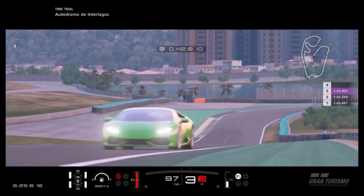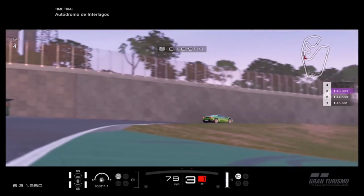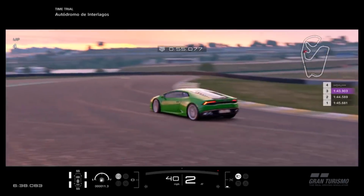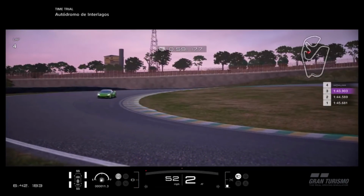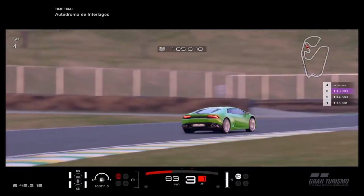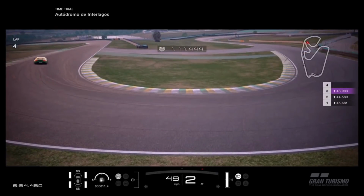That this is the best all-round Lambo in the game, but it's not even just about the actual performance or the price or the packaging or the dimensions of the car. It's more about the usability as well, because if you think of all of the other Lambos, some of which are, for sure, quicker than this. Of course the GT3 is quicker around the track. Of course the Group 4 version could be quicker around the track as well. Obviously, they're race cars. But at the same time, this car, I would say, is still better compared to those,